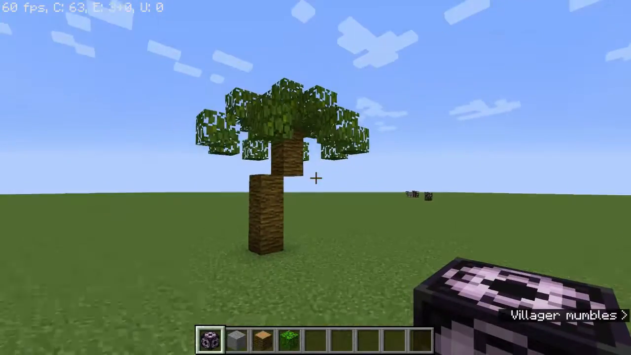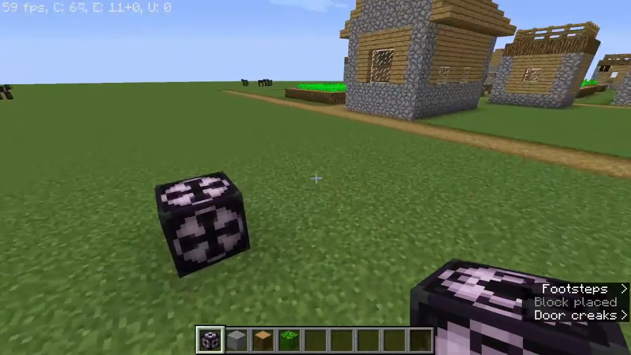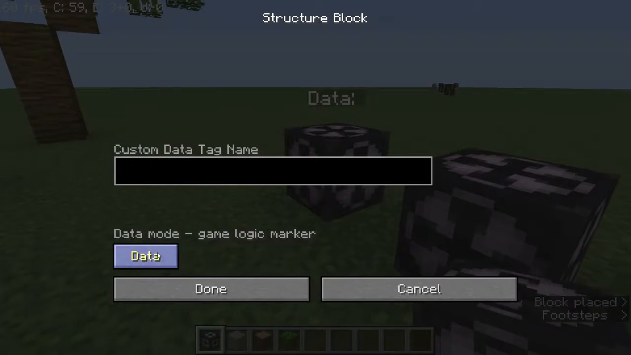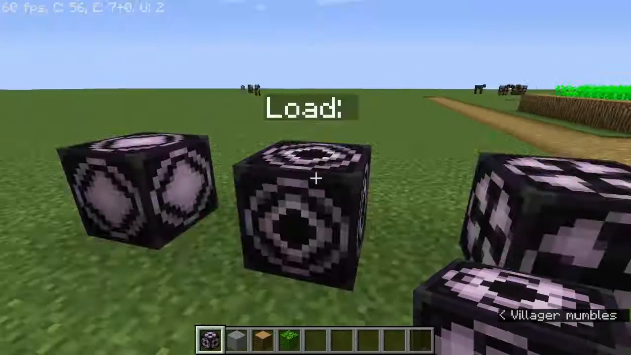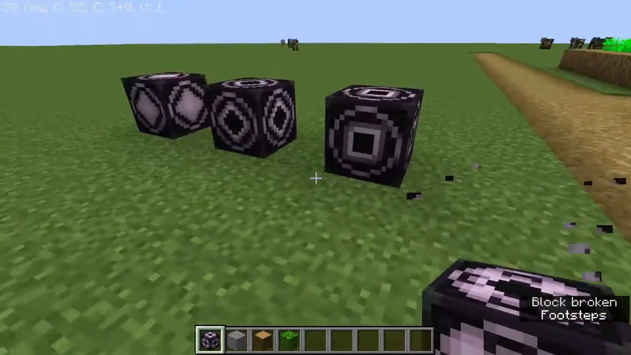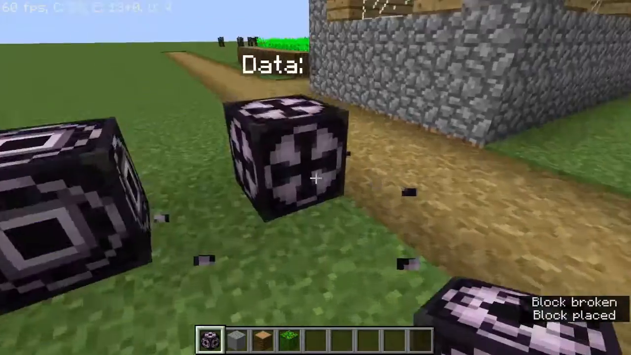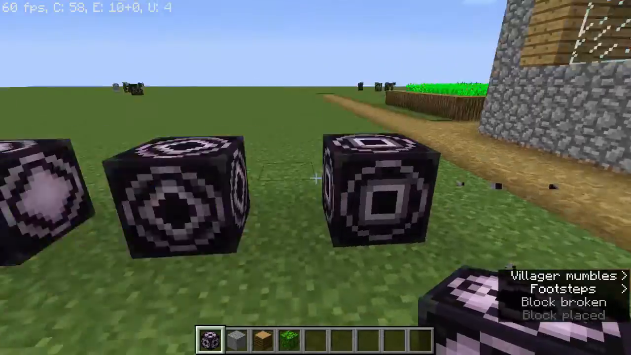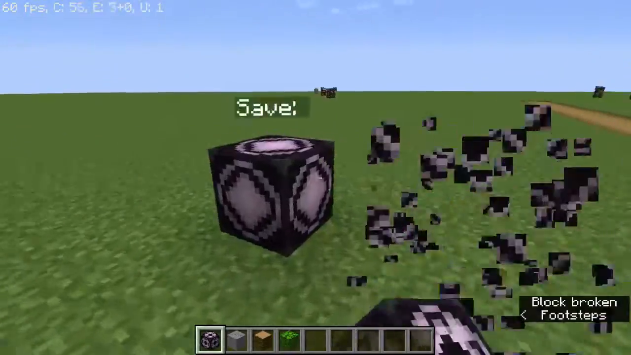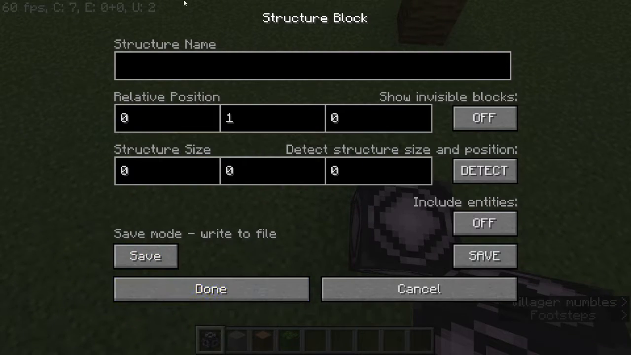So what we need to do is place down a structure block. By the way, there are 4 kinds: 1, 2, 3, 4. There is save, there is load, and there is corner. I have no idea what data does. It's just the default, and I have no idea why it is there. The three we're going to be showing in this video are save, load, and corner. So anyway, let's make this a save, and let's call this